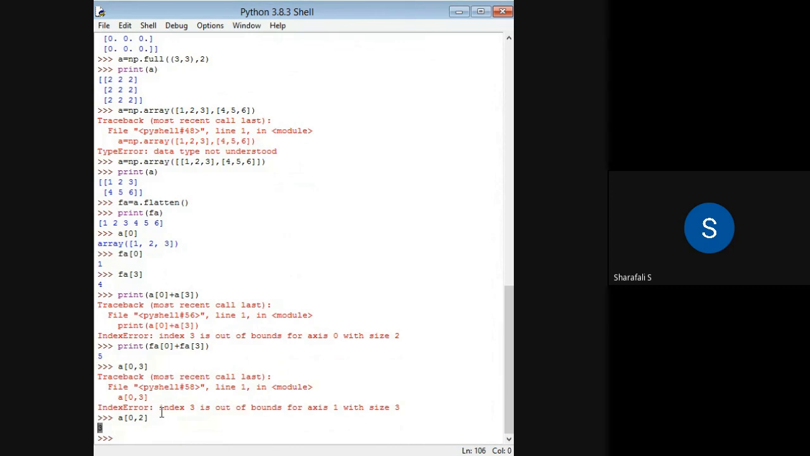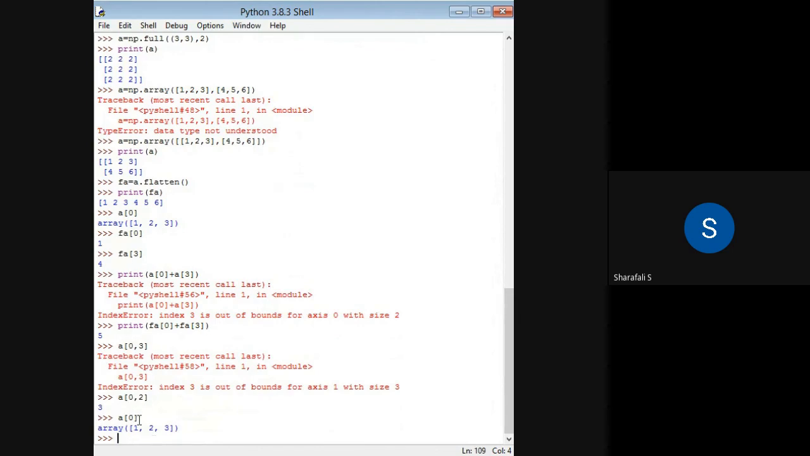And in this case, if you simply write a of 0, then you can get that complete row. If you want to get the first row, then you can write a of 0. And you can also write a of 1 and all other values. So if I write, let's see,